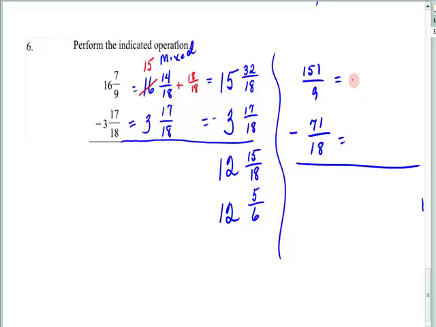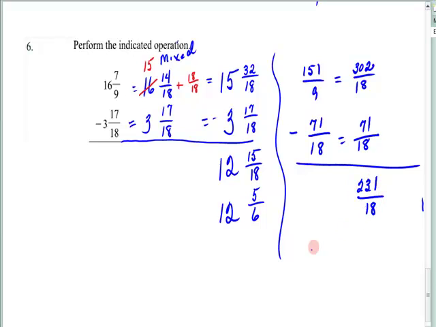Common denominator of 18. 9 goes into 18 2 times, and 2 times 151 is 302. No change down here. So I'm just going to subtract 302 minus 71. Gives me